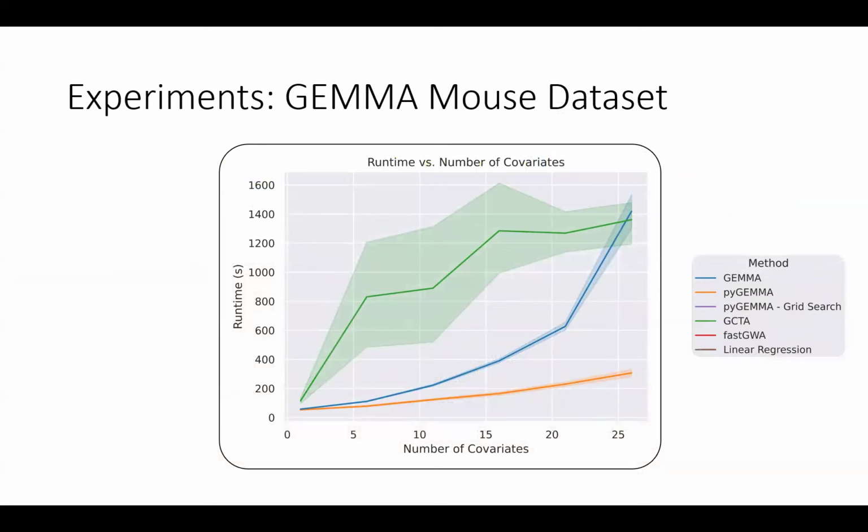So here we're in orange again, and you'll see we're going pretty fast comparatively. While we still technically scale quadratically, this is what I meant by that leading coefficient is much lower, because you can see it almost looks linear, even though it's quadratic. GEMMA is certainly quadratic, and I don't know what GCTA is, but that'll just keep going up